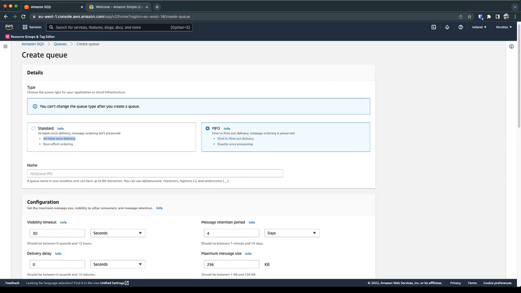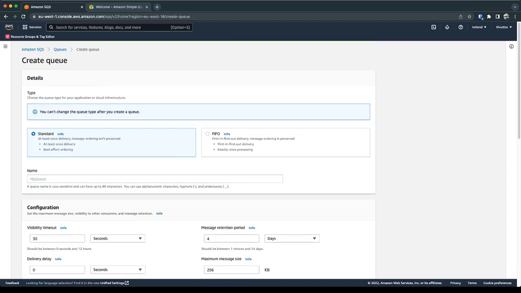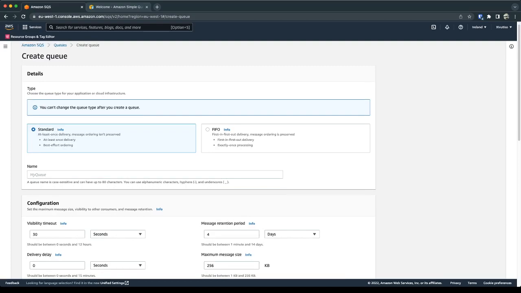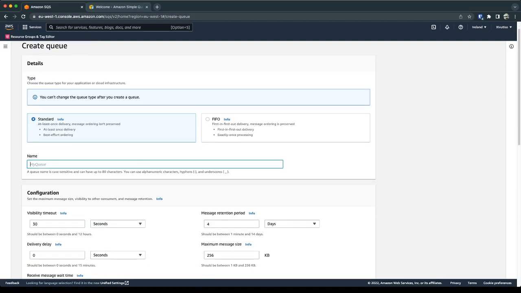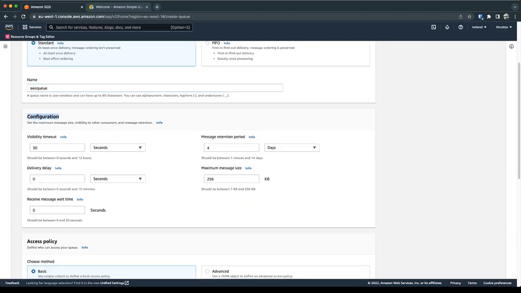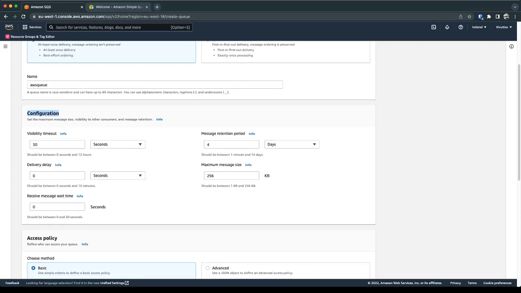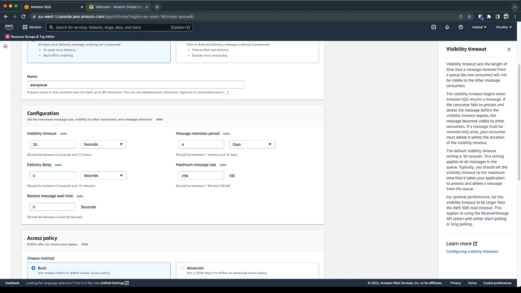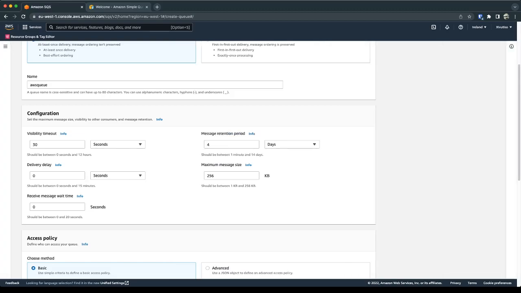All right, for this video, like we said, we are going to be looking at the standard queue. So we're going to select standard queue here. For the name, let's just give it AWS queue, and we come to the configuration section. The first thing we see here is the visibility timeout. I'm not going to read through this. Basically, the visibility timeout